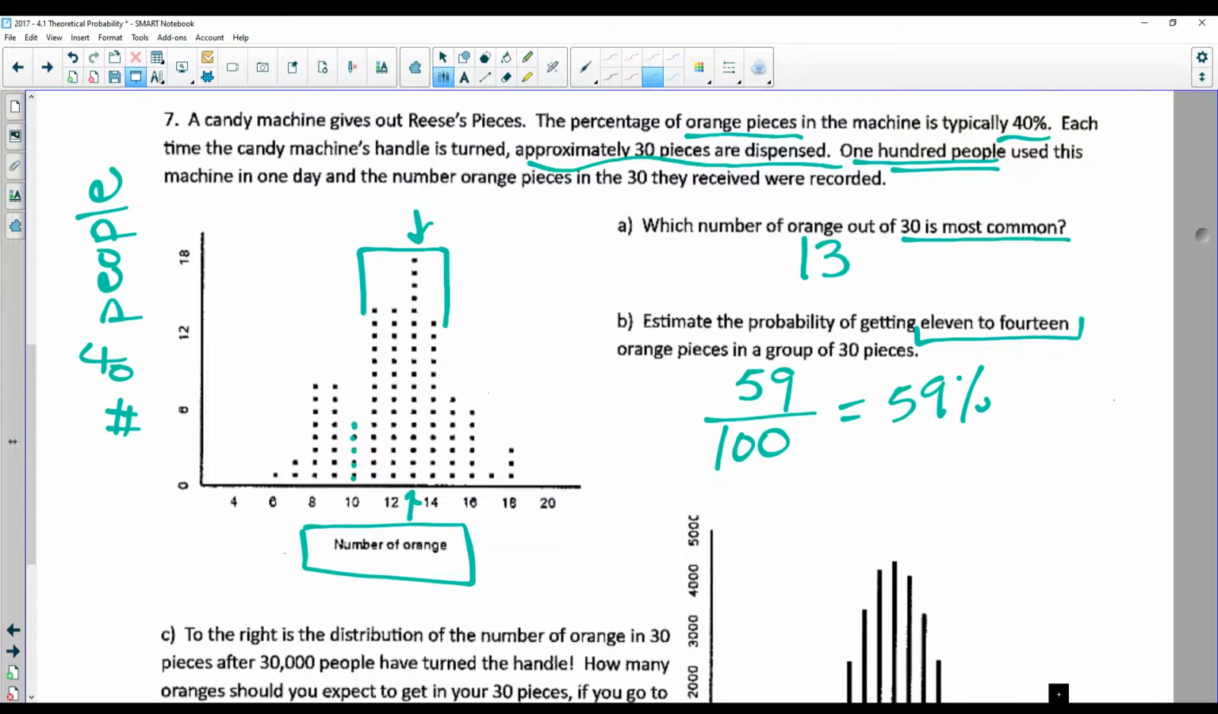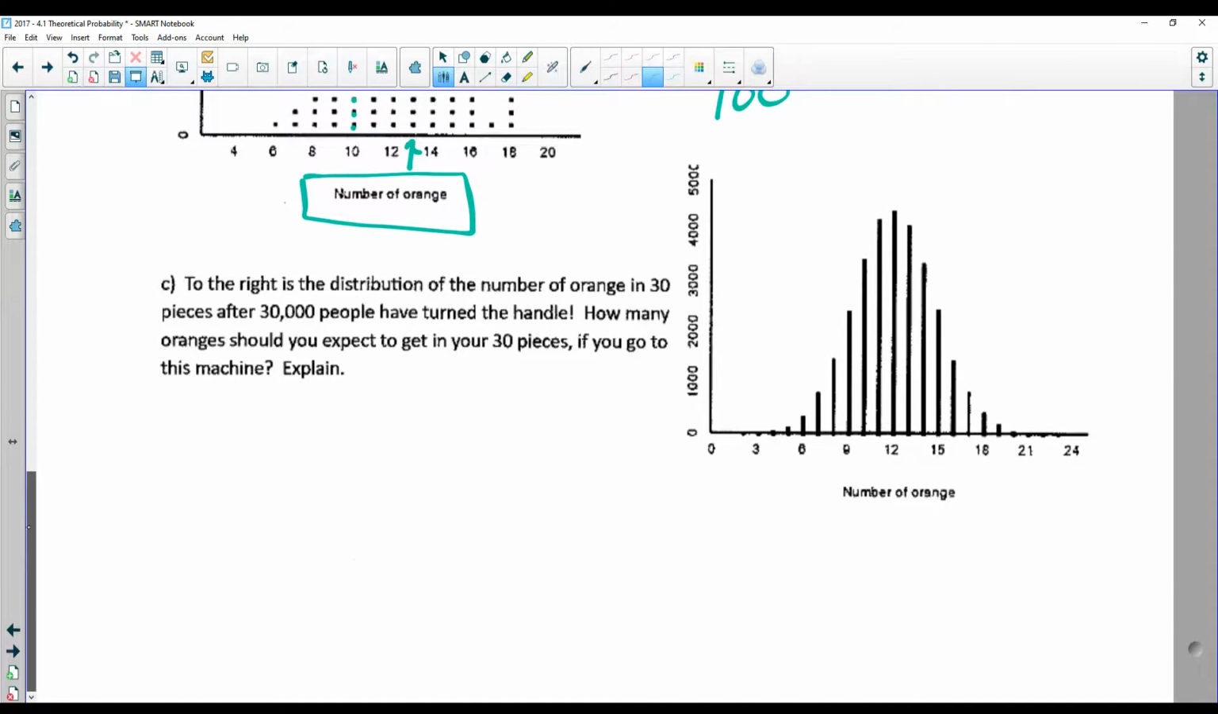All right, let's look at this one on the bottom. To the right is the distribution of the number of orange in 30 pieces after 30,000 people have turned the handle. How many oranges should you expect to get in your 30 pieces if you go to this machine? So based on the experimental probability, we're saying, what would you expect if you went there? Well, this is what we did at the beginning of the year. You looked at it and you said, where's my most likely result? And that really would probably fall in there, that we would expect